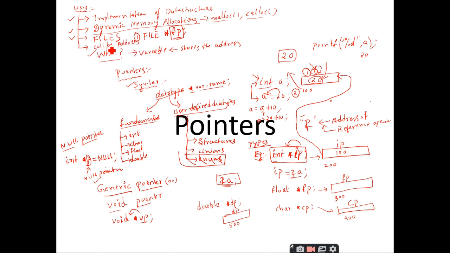Pass by address is nothing but one function passing the address to the called function. When you are passing the address, the variable that should be used to catch hold of that address is the pointer. So here is another application where we make use of pointers, in the concept of pass by address. Am I right or not?